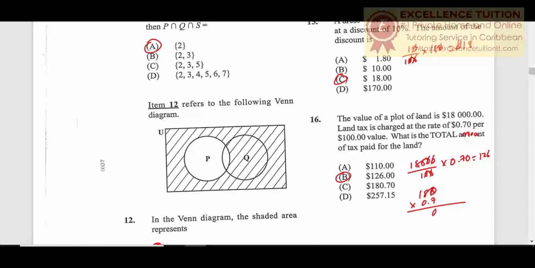So 7 times 0, 0, 7 times 8 is 48, 7 times 1 is 7 plus 4 is 11. Then there's only a 0 here, so you can see that